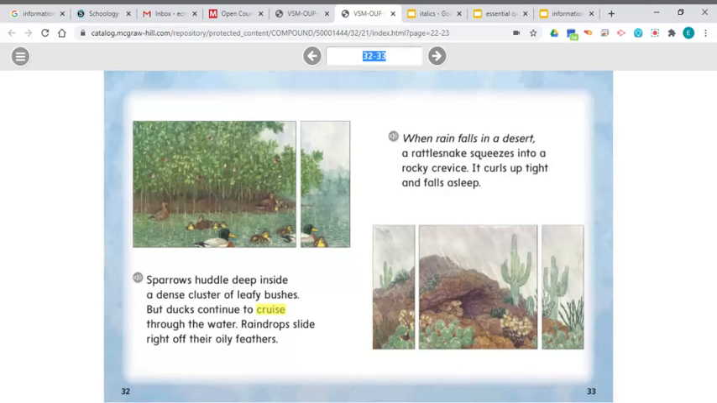When rain falls in a desert, oh, now I'm going to stop right here because I noticed something happening again. She was talking before about when the rain falls in a wetland, and now she switched to where rain falls in a desert. So this is a good time to stop and summarize again about what happens in a wetland